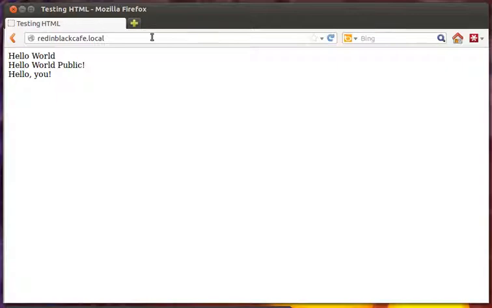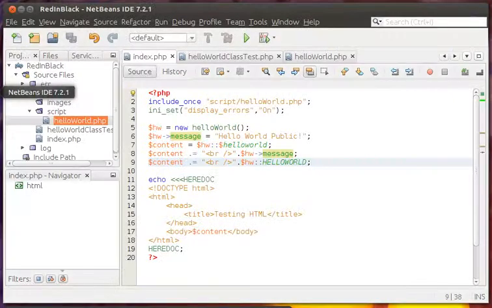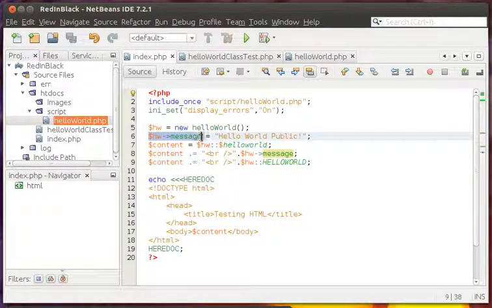So I can call all those three different variables differently. That's something that you have to keep in mind. Public variables, regular variables, are called with this method. Statics are called like that, and constants are called like that. So that's something that you have to keep in mind when you call